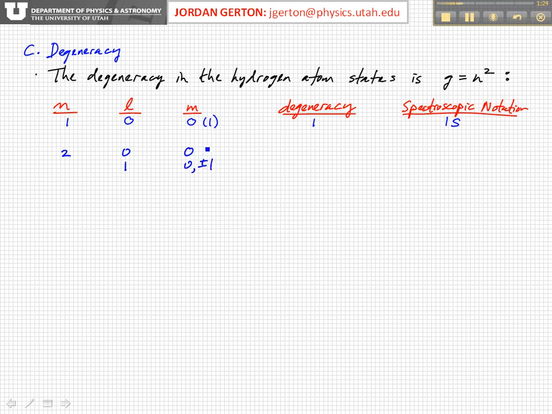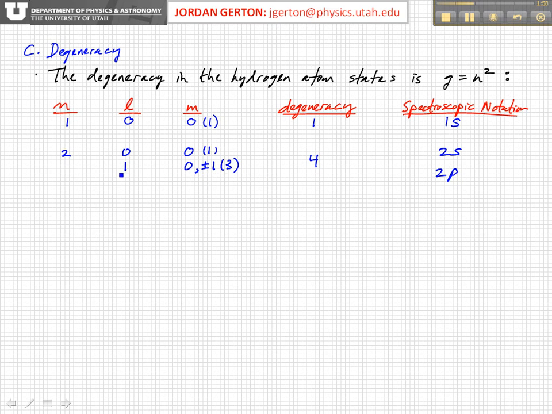So here we have one state, and here we have 3, and so the total degeneracy is 4. And this would correspond to either a 2s if L equals 0,